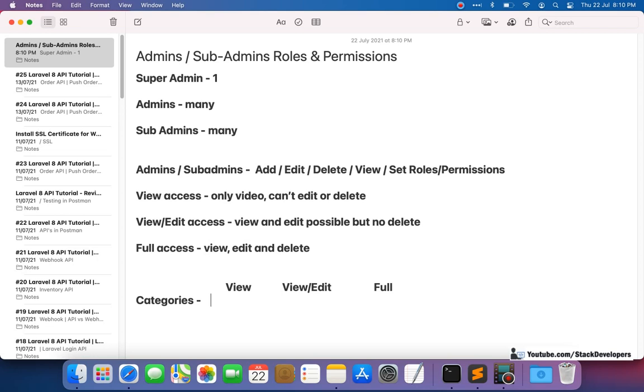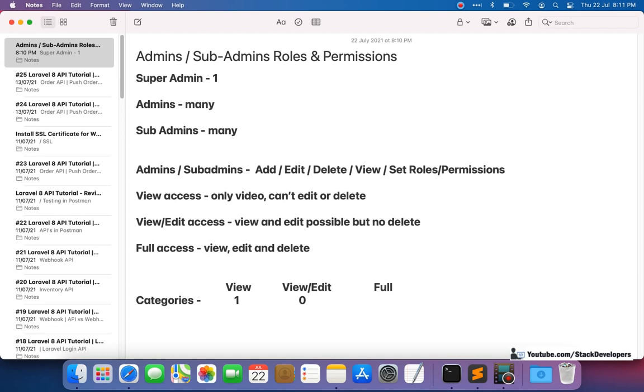If it is 1, it means view is possible for that admin or subadmin. If edit is 0, it means that edit is not possible.